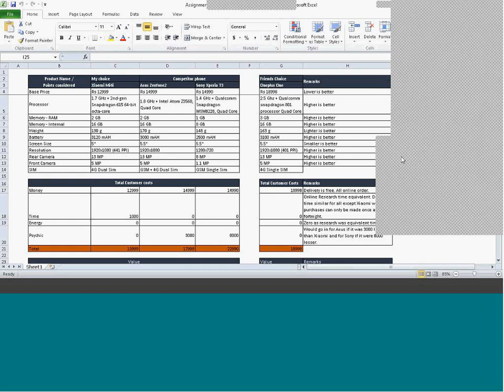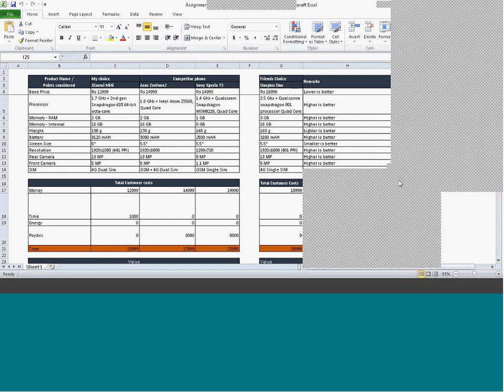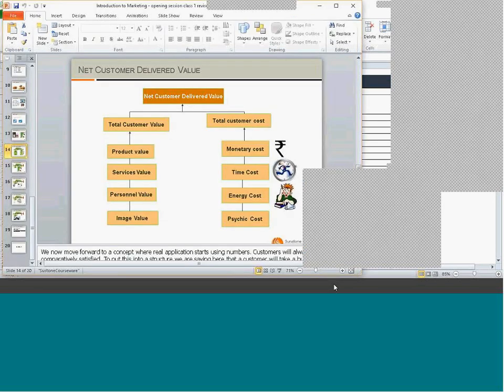I do not want to share this example because then the tendency will be to copy the format and do it over there. That's why I don't want to make it very explicit. Also, it covers this remote part, so you make more effort. And the template is already there. The template is this. So you have to take the 4 values, you have to take the 4 costs. Customer value minus total customer cost is NCDV.